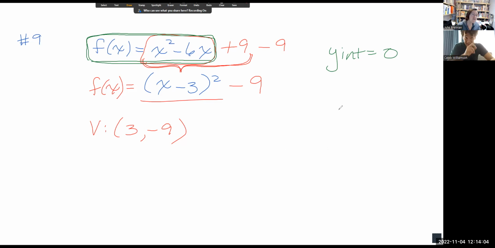Okay. All right. But I do mention the C term of the original function is always the y-intercept, because that's like getting rid of all of your x's, right? Okay. So and then if you were to graph this,